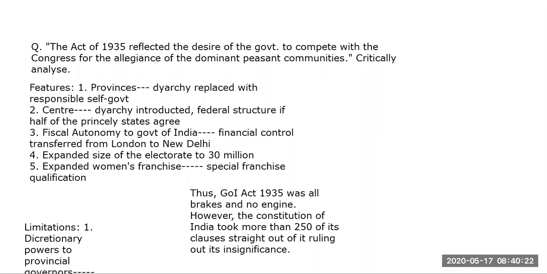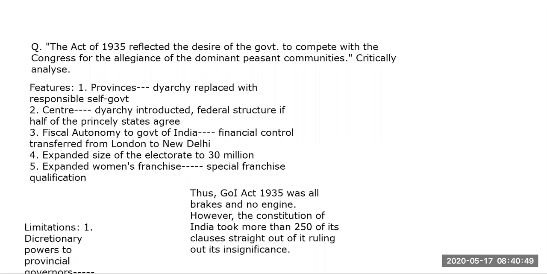Weird in the sense that you would think how you could correlate the dominant peasant communities with the Act of 1935. But this would be clear once we go through the features of the Act. So look at the tail word, it's "critically analyze." So we have to go through the features and then we have to go through the limitations as well. Then we can come to a conclusion that yes, the government of India